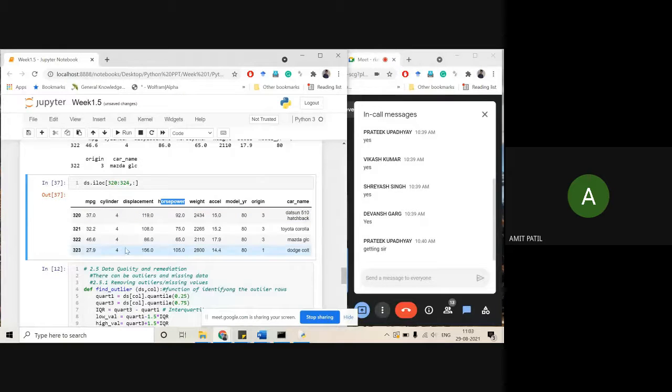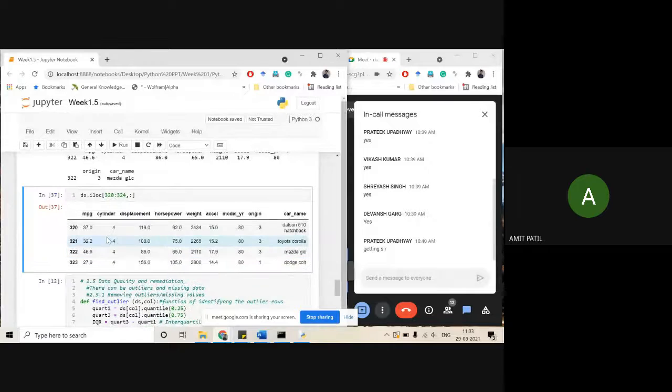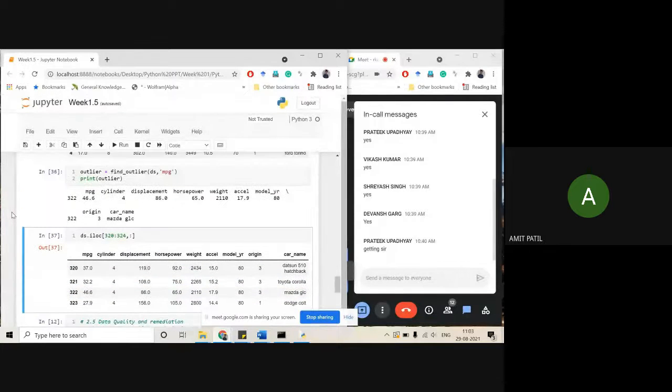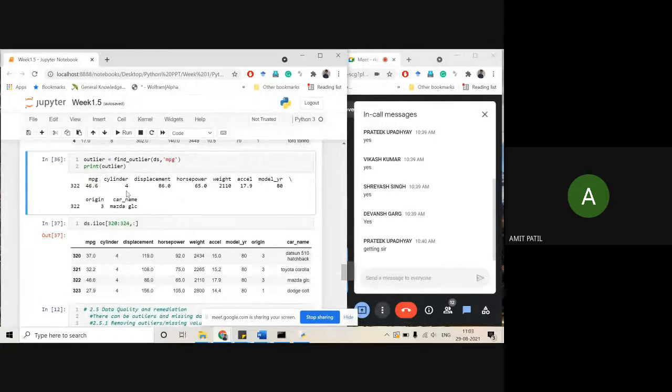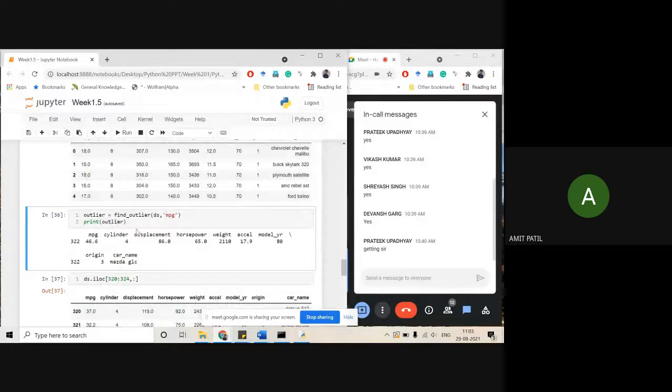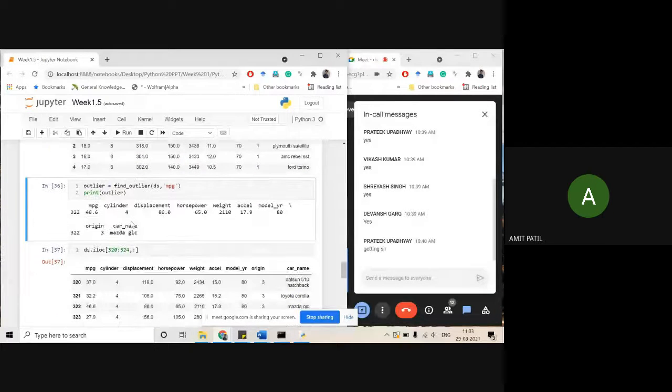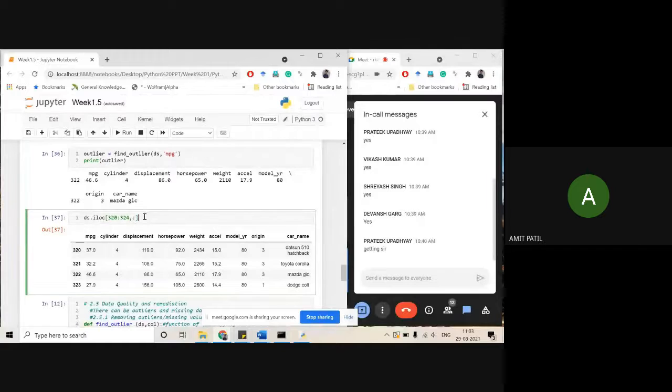If you call all the outliers for horsepower, you can see the pattern in that data. This is how outliers help you understand the data set. So for now we have called the outliers from the data set, and we can see the whole row for them.